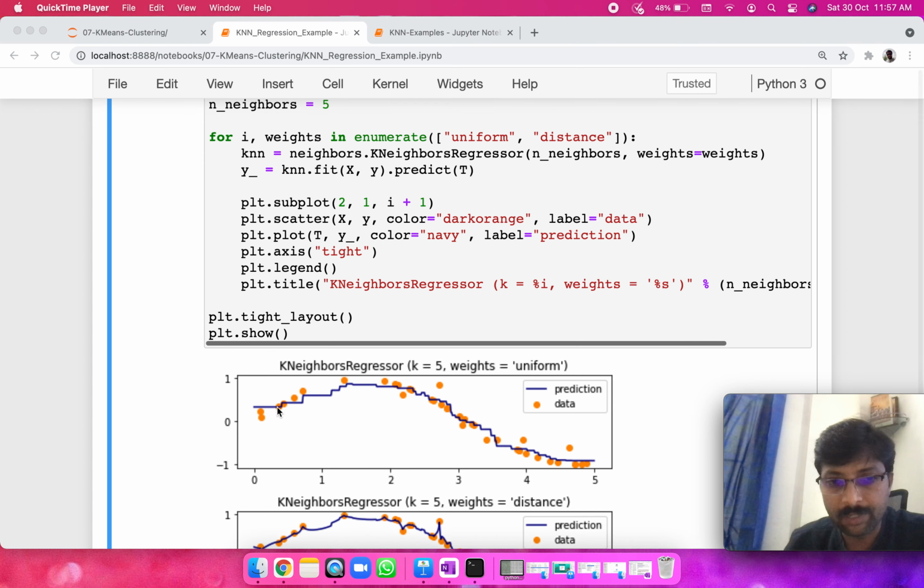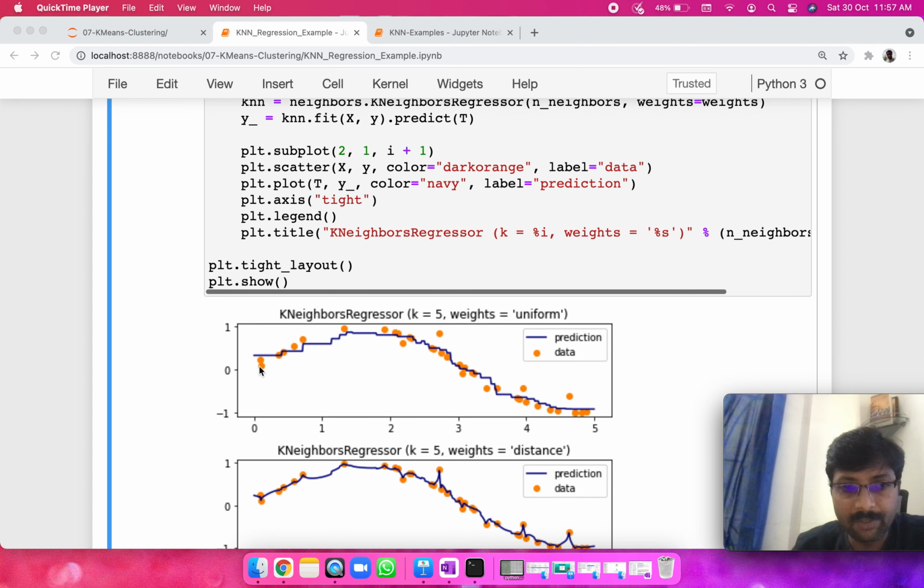Let's understand the plot a little bit more closely. How does this look here, right? All the orange dots are the training samples, which are actuals, and the blue line is the predictions. If you look at this range of x values, this blue line is actually looking like a mean of these 3 or 4 samples, in fact a mean of 5 samples, right? If you remember, we are looking for the 5 nearest neighbors, and out of those 5, whichever is closer, based on that the mean would be computed. So that mean value is being given here.